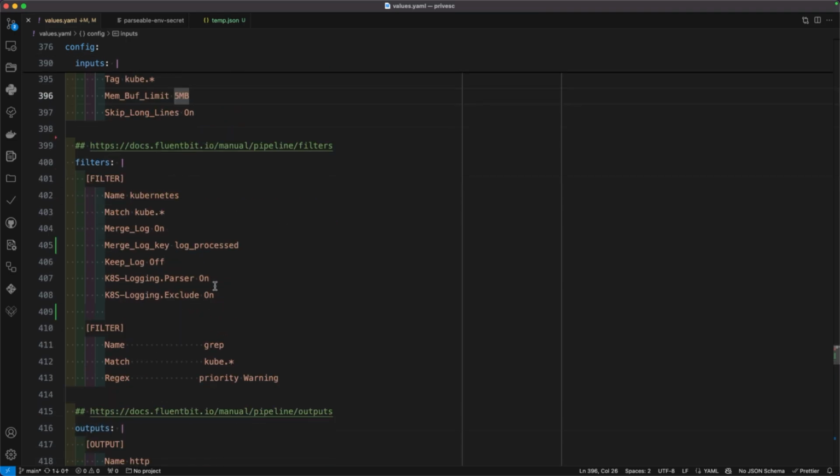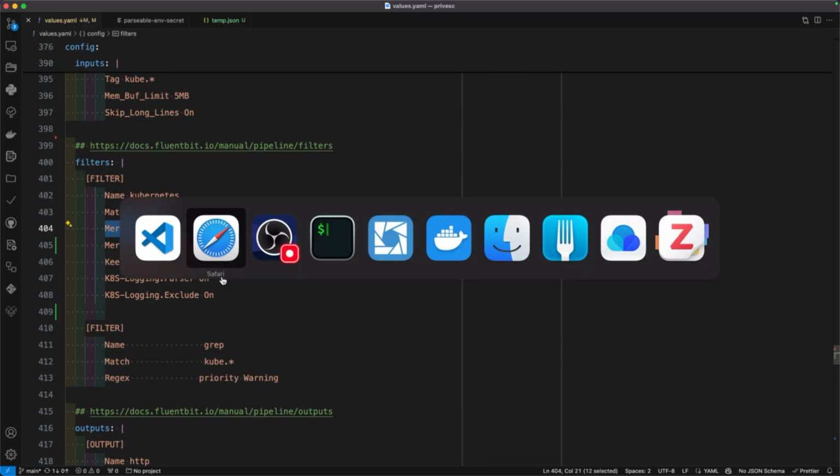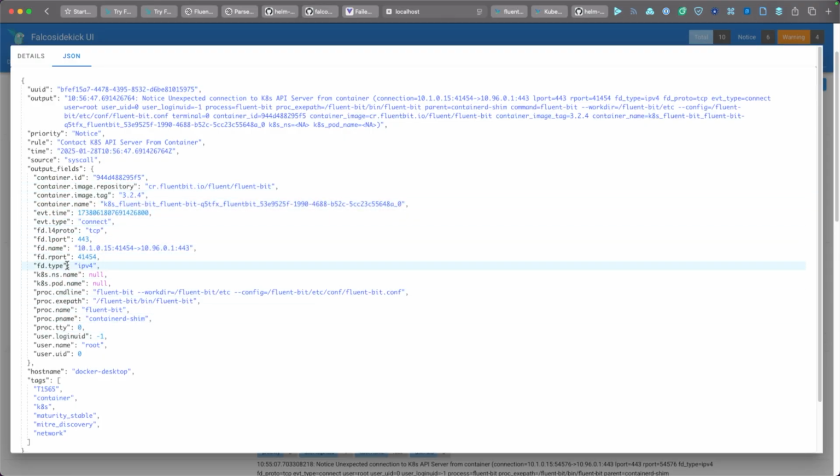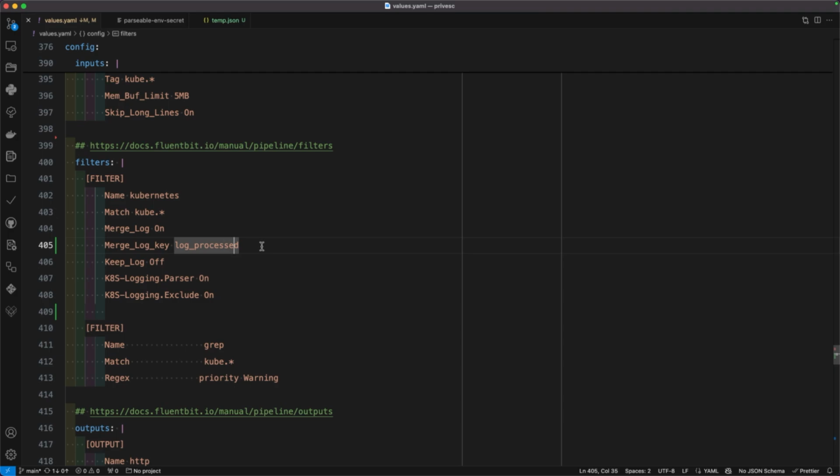The filter is where things become a little bit more interesting. This is a specific filter for Kubernetes. It matches this tag. Everything is a match and to a tag. We're going to merge more complex log items, for example, like this, and they're going to be merged into a new log called log_processed. By default, they're stored in a field called log. And we're saying, do we want to keep the original? No, in this case. And these are additional settings where you can use annotations in various Kubernetes YAML files to override. I'm just going to leave them on for now, even though I'm not actually using them.